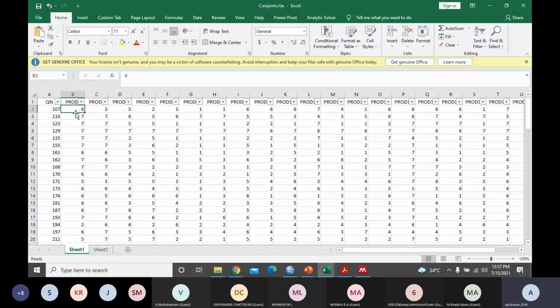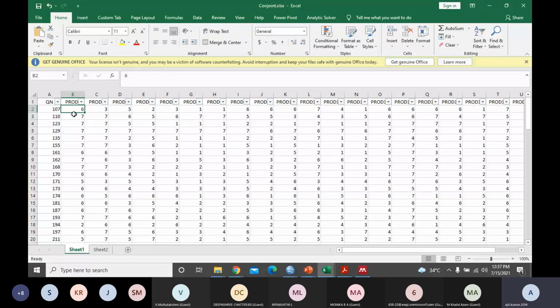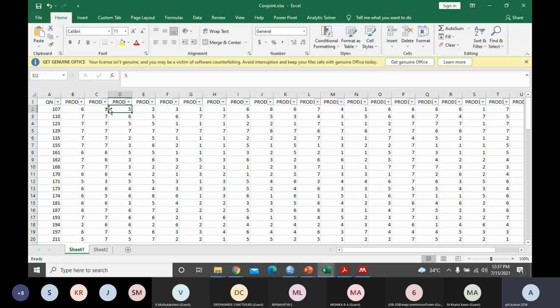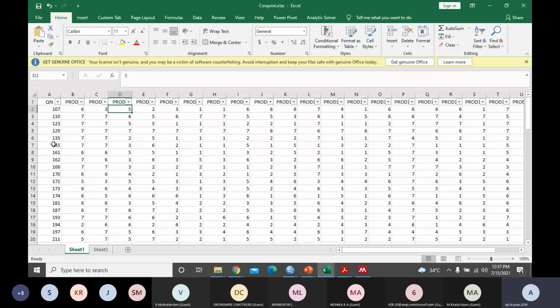He has given a rank of 6, on a Likert scale of 1 to 7. You see, 1 to 7 he has ranked. For the second combination, 3, 5, and likewise, right? He has ranked all the different combinations. So if we are going to give, let's say, 25 combinations, we will rank all 25, and we need to get a certain number of responses from different respondents. This is it. So these 2 different Excel files we'll be using.